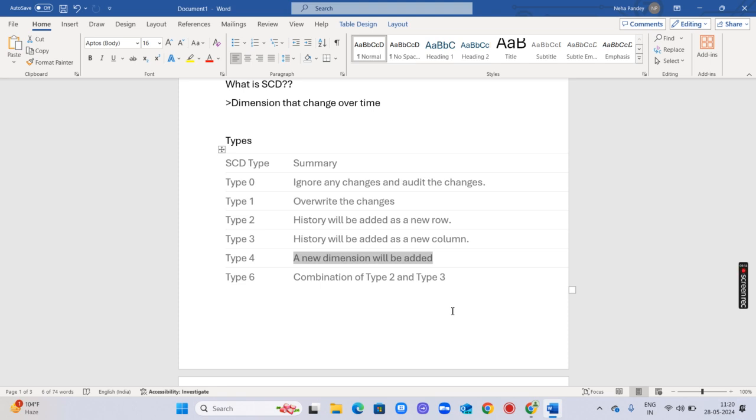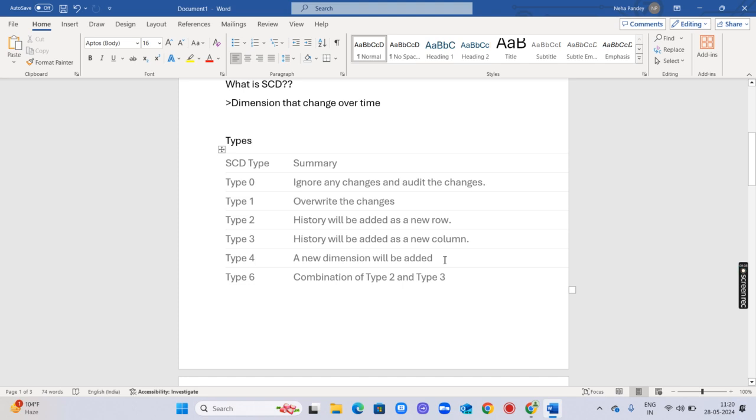The attributes we are storing for the historical data may not be sufficient to predict whether that customer has a risk issue or not. In that case, we add a new dimension table. That comes under type 4.